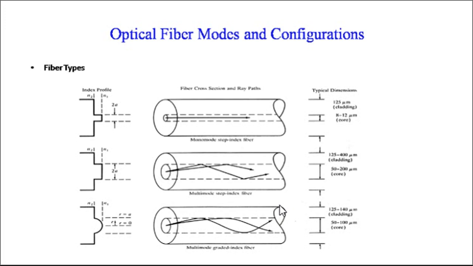This effect is known as intermodal dispersion or intermodal distortion, and it can be reduced by using a gradient index profile in the fiber core. This allows gradient index fiber to have much larger bandwidth than step index fiber. Even higher bandwidth is possible in single mode fiber, where intermodal dispersion effects are not present.